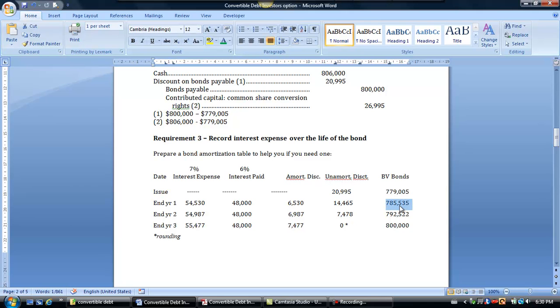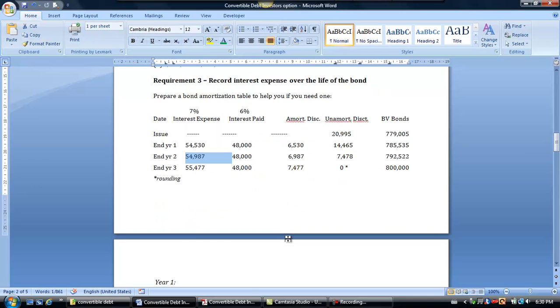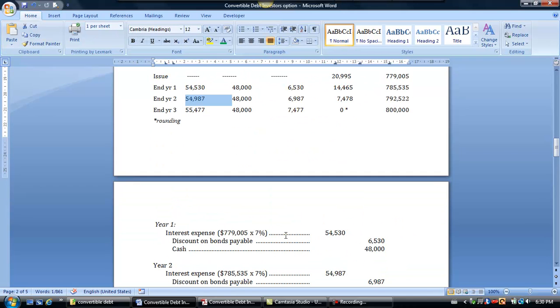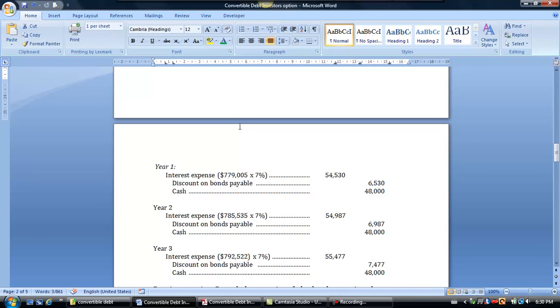And we're going to take that amount, again, that's the carrying value to open up the second period, multiplied by 7%, sorry, in order to calculate our interest expense for the period. Moving on, we'll see that we can now use our table to make our journal entries for interest by amortizing the discount, paying out the cash, and booking the interest expense. So we would be looking here in these three columns every year